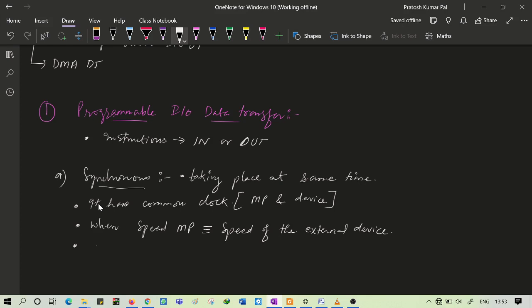So it is a seldom used technique, a seldom used method for data transfer, as no device matches the speed of the microprocessor.